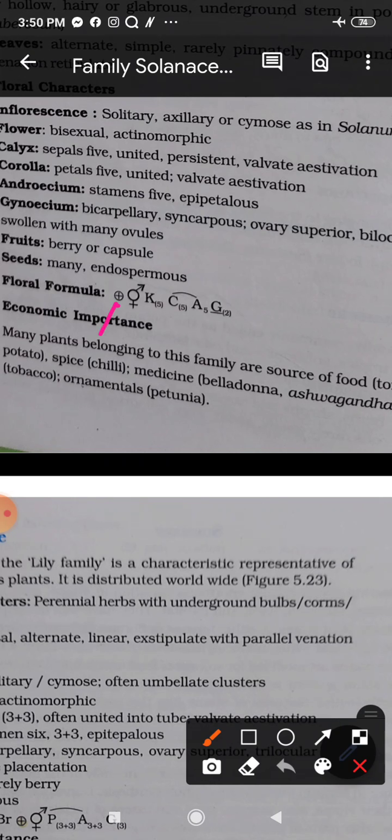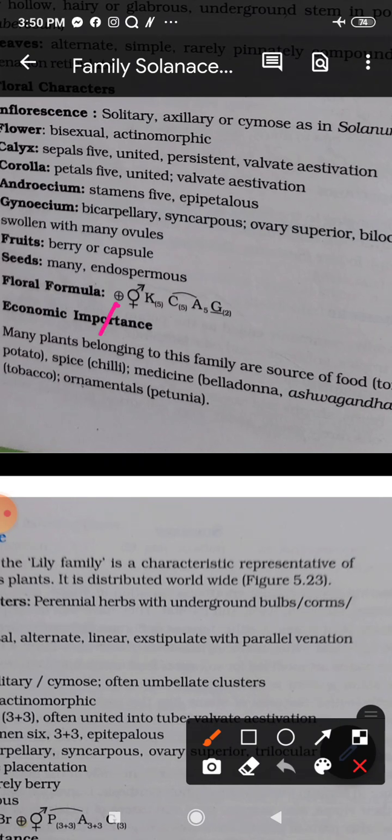Right? So when you are preparing for the exam, first of all, you need to be very clear with all these symbols. Once you are clear with those symbols, you just learn the floral formula, even for your practicals. And once you learn the floral formula and you are asked to explain in brief, you will be able to explain very nicely with the help of this floral formula. So that is very, very important.